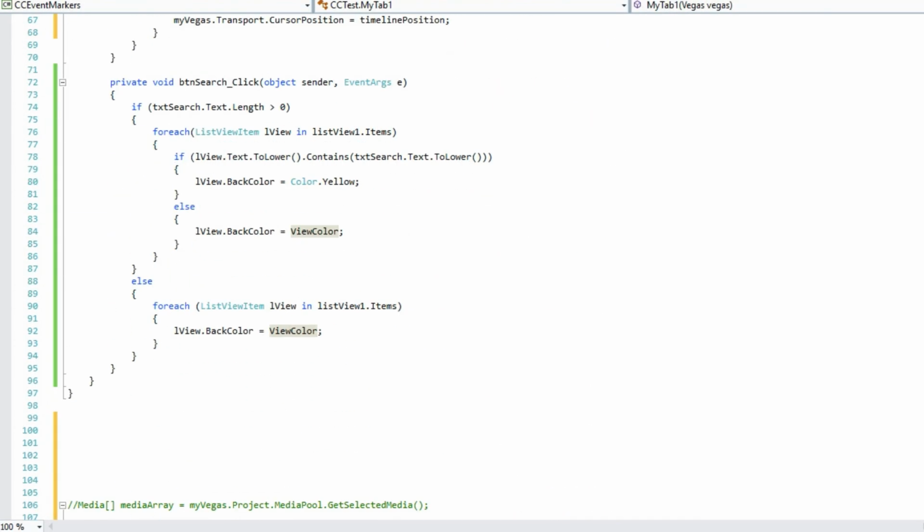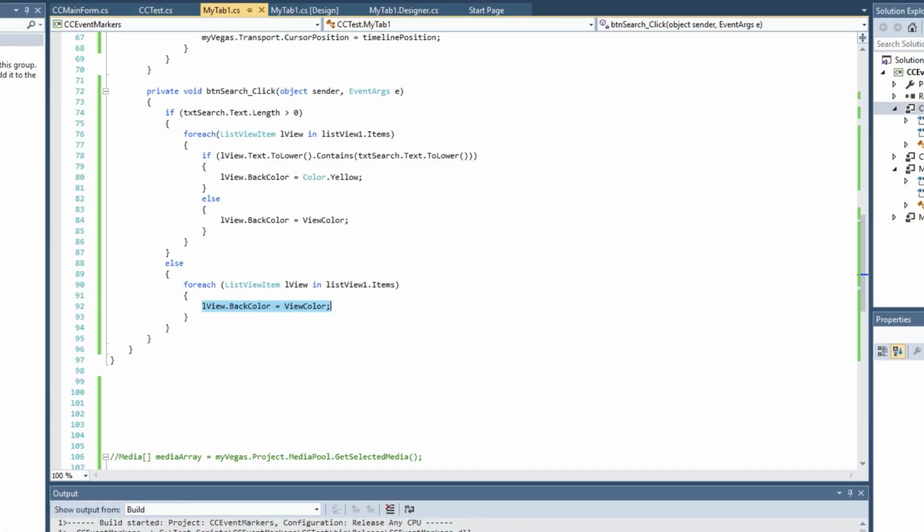If the text box length is 0, in other words, we've gotten rid of the search option and we clicked on search, then it's simply going to go through each item in the list view and change the back color to view color so that we can reset it if we need to. So now we compile it again,